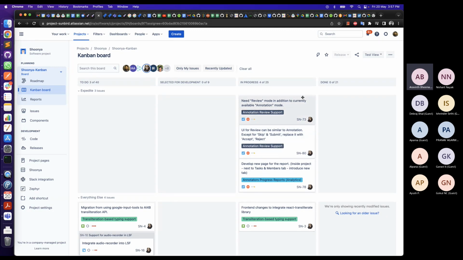Also, I forgot to mention the priority. The order in which items are placed is critical to specify the priority. When somebody sees that, it means that task 73 takes a higher priority than 80. So this order is also important. There's a separate field for priority, but let's say both are P2s. Then how do you decide what to pick first? This ordering matters there.